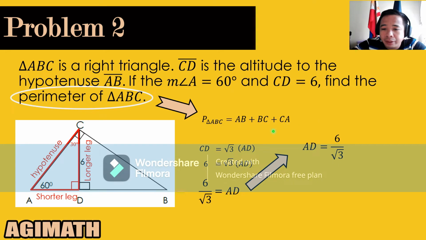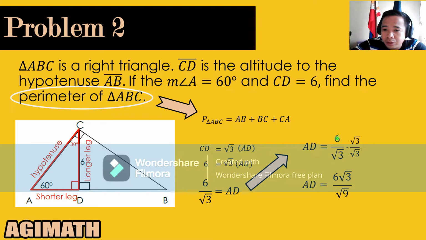Now, in mathematics, if you can recall during your second quarter, one of the competencies is rationalization of the radicands. It is not allowed to have a radical expression in the denominator. So what we can do is rationalize, and how we do that, we multiply each term, the numerator and the denominator, by square root of 3. And that will yield